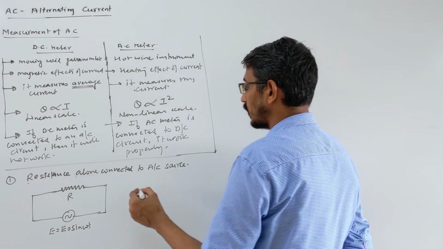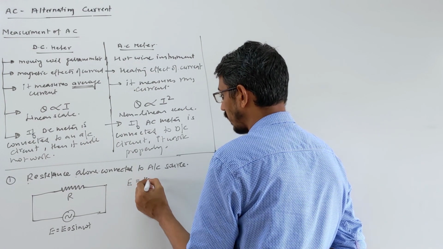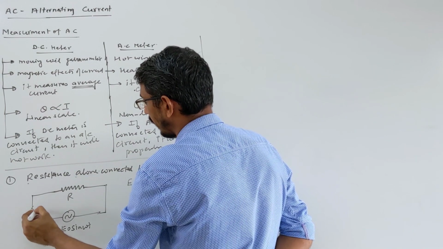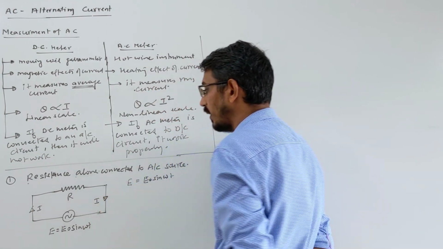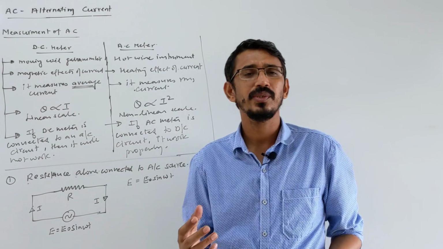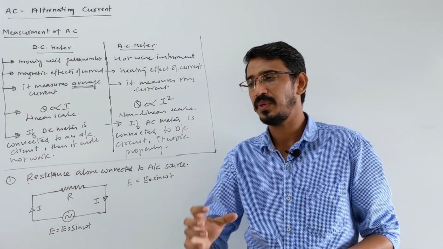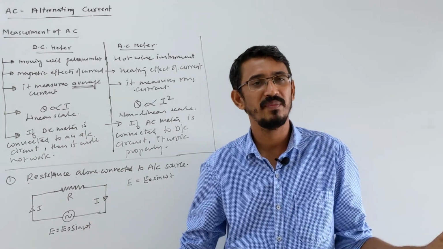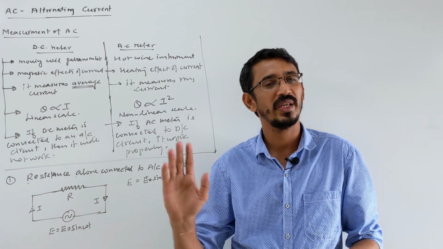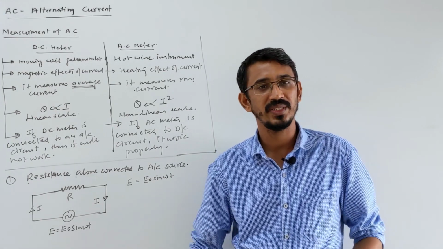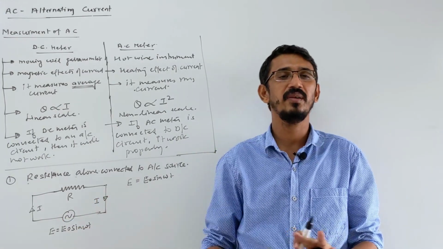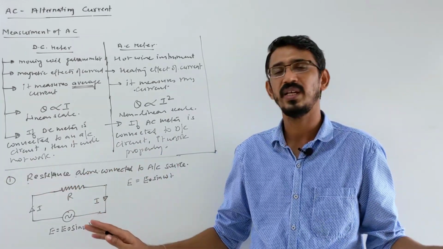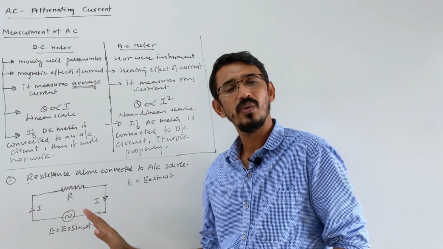So the potential equation I am writing here again, E is equal to E naught sin omega t, correct? Now some current will flow here, I. Already we understood that if you connect a resistance to a DC circuit, as we have learned so far, and you connect it to an AC circuit, its behavior remains the same. Whatever resistance it offers toward AC or DC doesn't make any difference. You connect it to a DC circuit or AC circuit, it doesn't affect any values. The same current will flow, no problem.